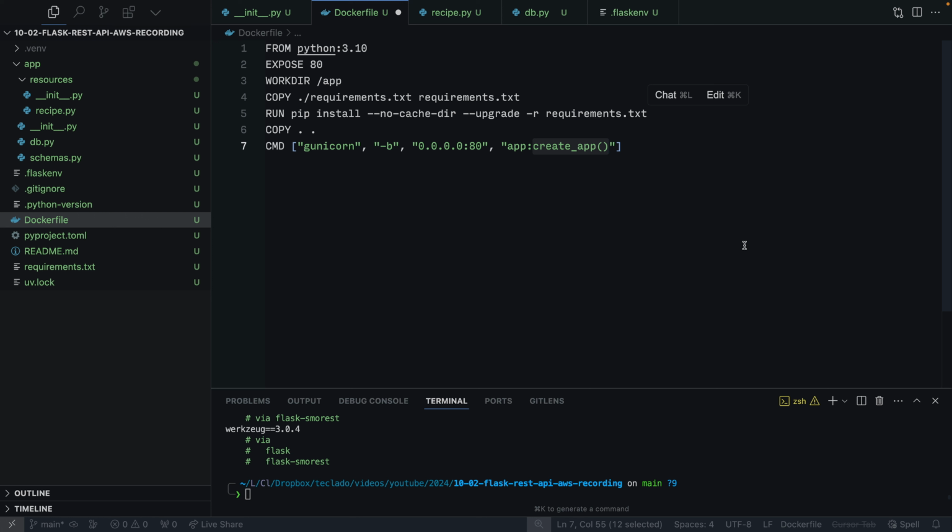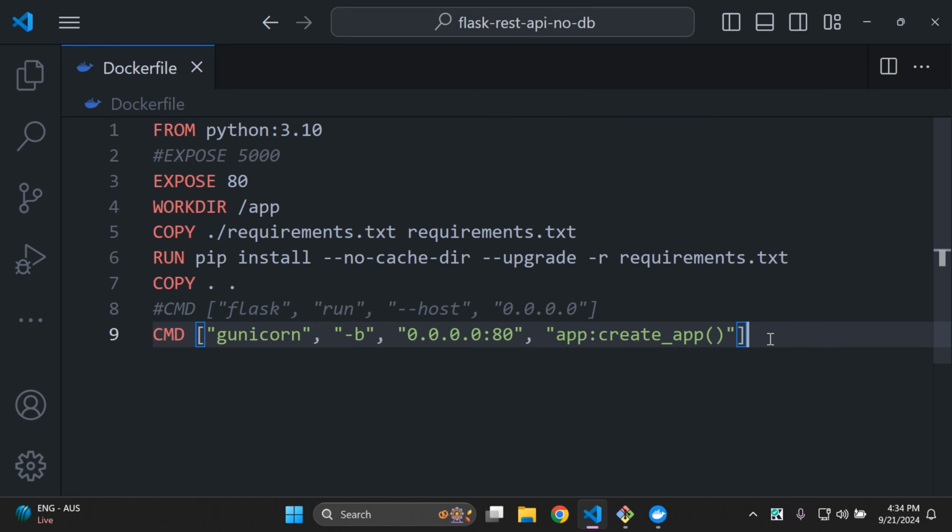All right, and with this, we are done building the Flask app. Now we're ready to deploy it to AWS. So let me pass you over to Arno from Cloud with Django, who's going to guide you through deploying this Docker image to AWS. So what we want to do now is we want to go on ahead and we